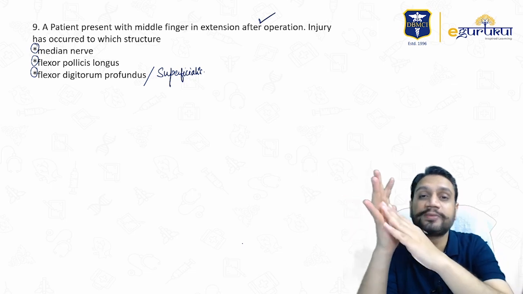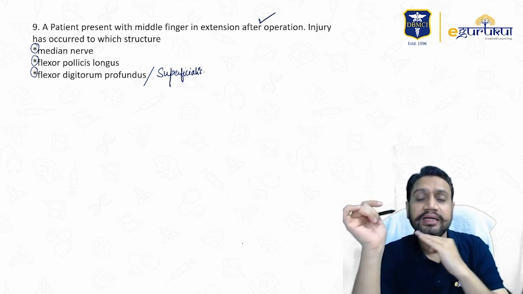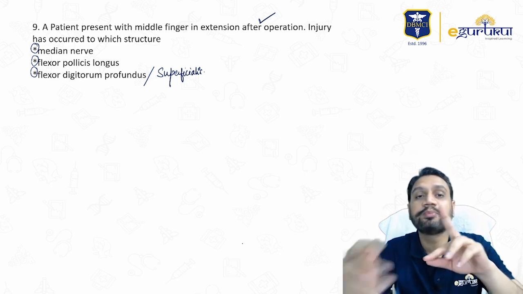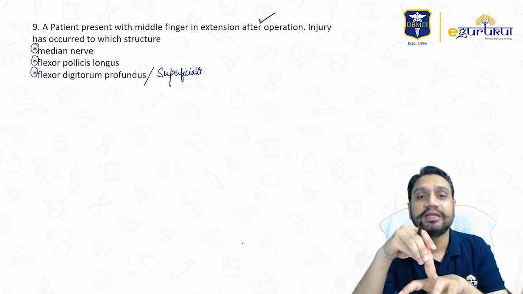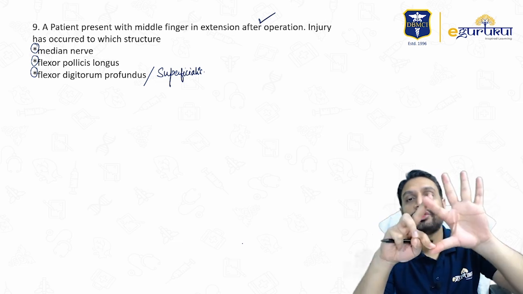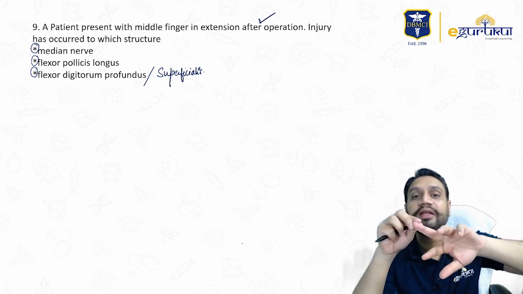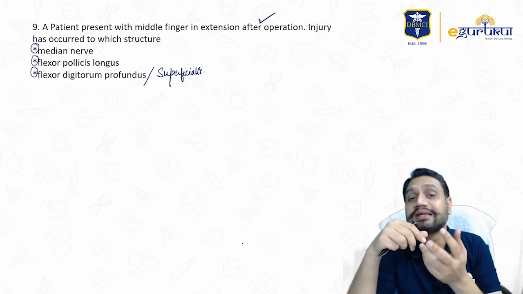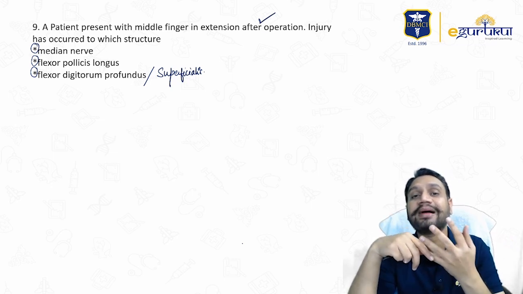If some surgery has been done here in the hand, in the finger, that simply means the nerve has been injured. The exclusive supply for this middle finger usually is your median nerve. Usually. So 1, 2, 3 and 3.5, it is all median nerve. This can sometimes have a divided supply, no doubt about it. But when they are saying that a certain tendon is gone, it is not matching with the criteria.